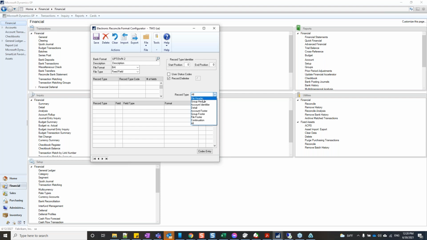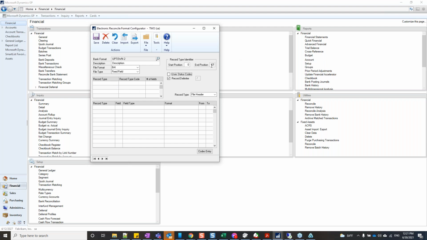And so the trick to that is that it has to have a record type code indicator. And this is something we got really used to this morning because we kept having a configuration file that failed. So in your file header, you generally have maybe a record type of one. So let's just say that I have a BAI file and it's about 60 characters wide. So I'd say 60. And then over here,